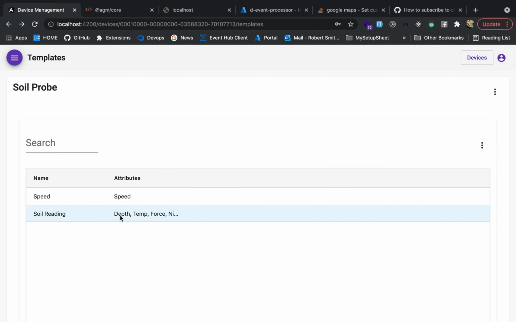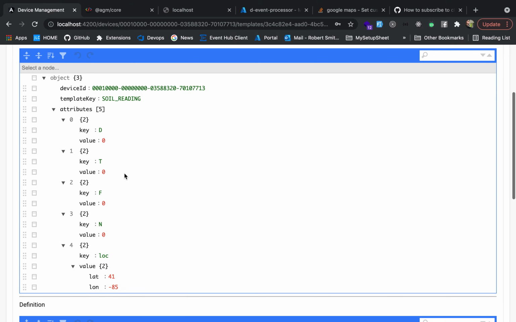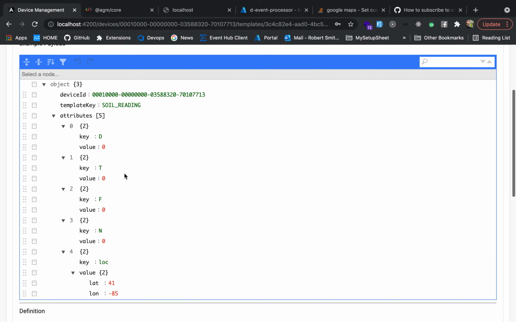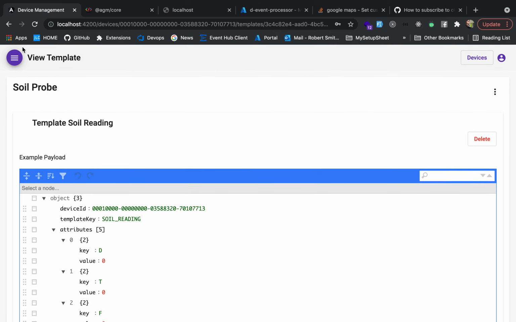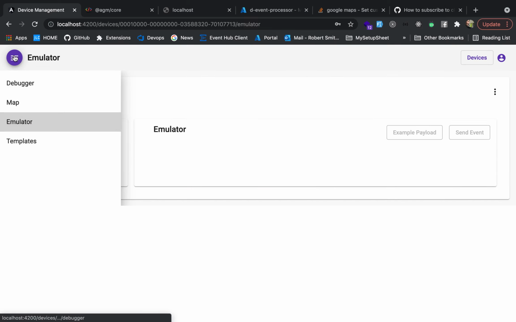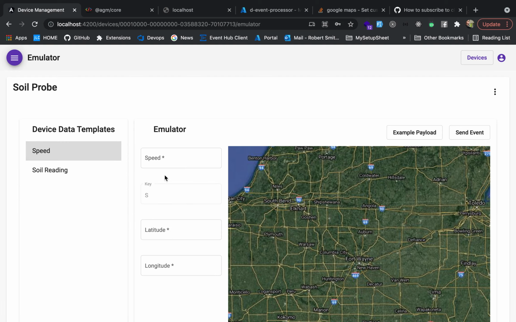So if you look at the template, basically this is going to be an example payload that you're going to put inside your firmware code. Again, that is going to drop on the Azure IoT Hub. So if we go to the emulator, this device has a device ID, which is the same as the one that your device recognizes. So if we click on speed,